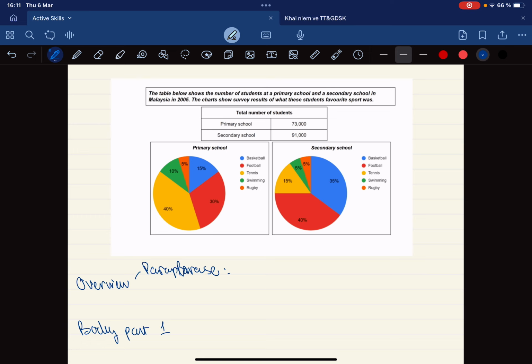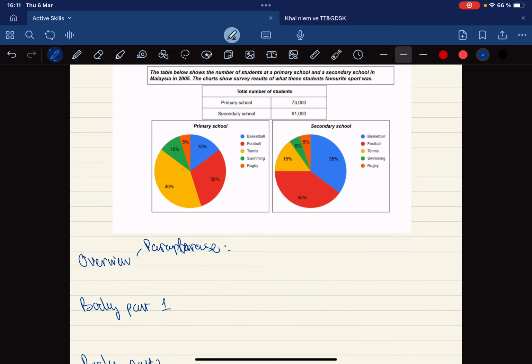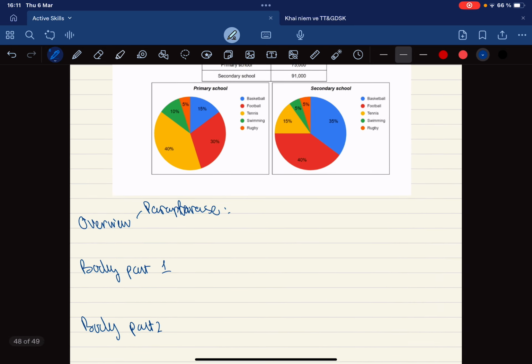Okay, and then you will move to highlight the main features in this chart.